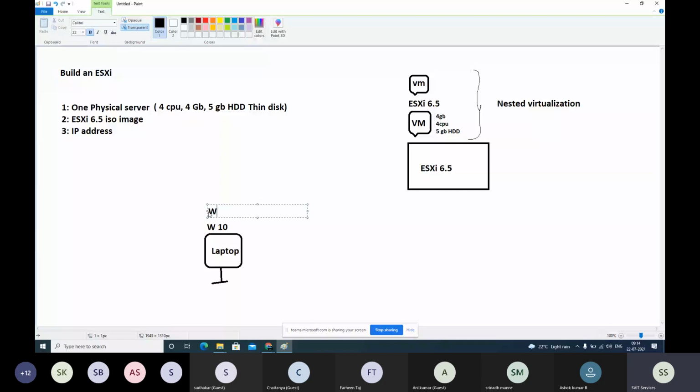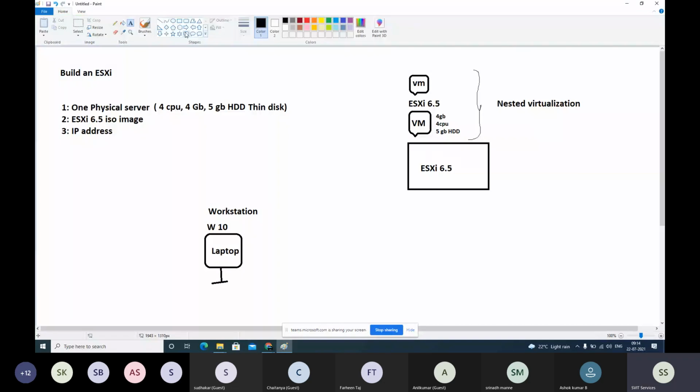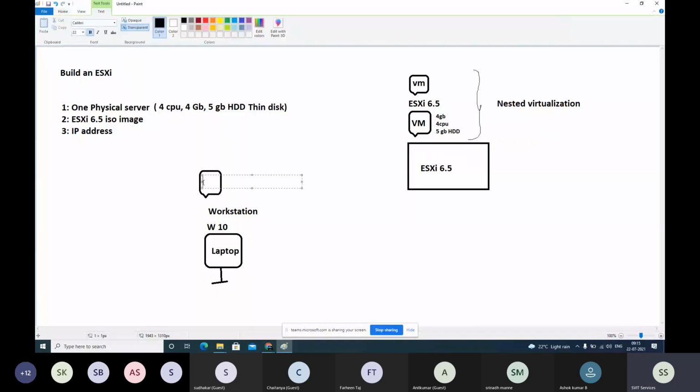On top of that, we create a virtual machine. The same way we install ESXi here, we install here also. A VM with 4 CPU, 4 GB RAM, at least 5 GB hard disk is also fine. On top of this, we install ESXi.